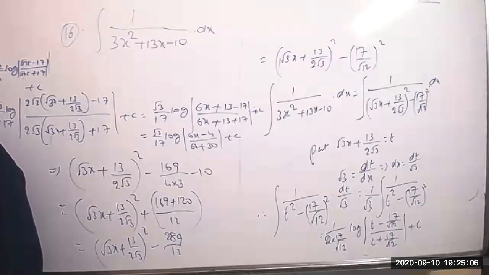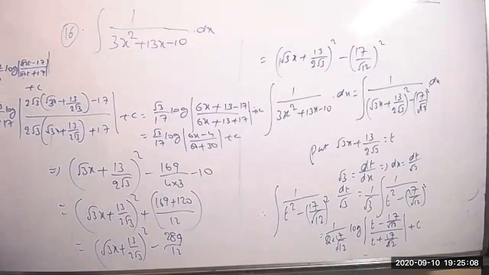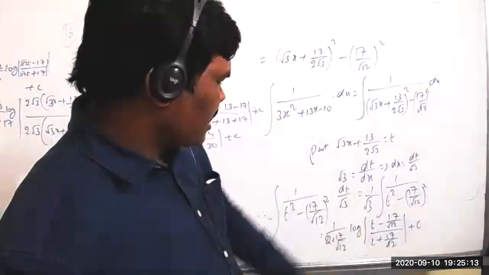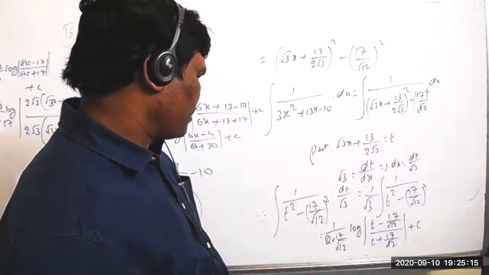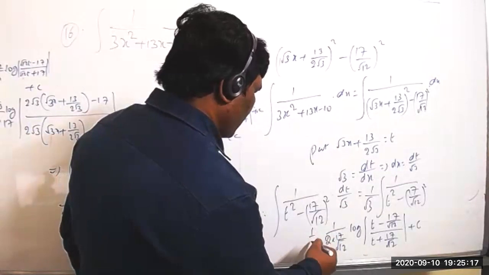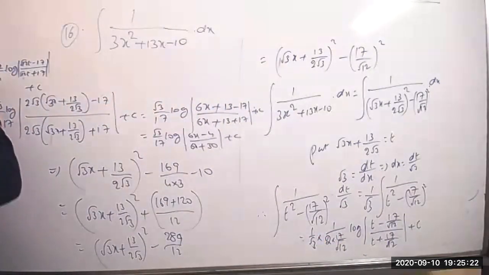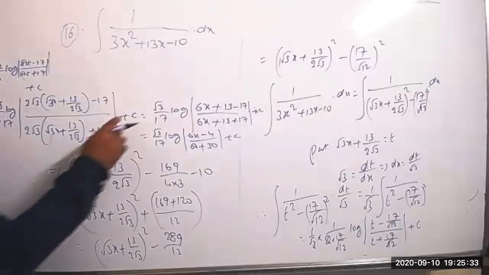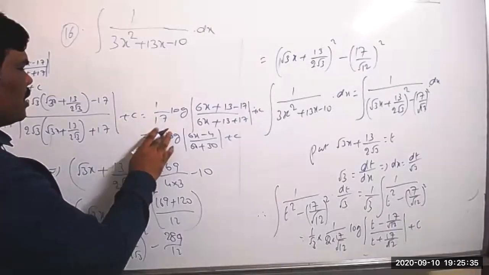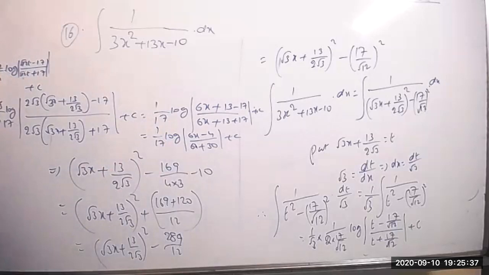Sir, you forgot to write 1 by root 3. So 1 by root 3, sir. The one which was outside, the constant value, no? Yes, sir. It's a constant. Okay, we are taking it directly. Here you can write now 1 by root 3 into... Correct? So also it will be 1 by 17 log, sir. 1 by 17, 1 by root 3. Here also 1 by root 3 means then what are we getting here now? Root 3 into root 3 will be cancelled. Correct? So it will be 1. Fine?